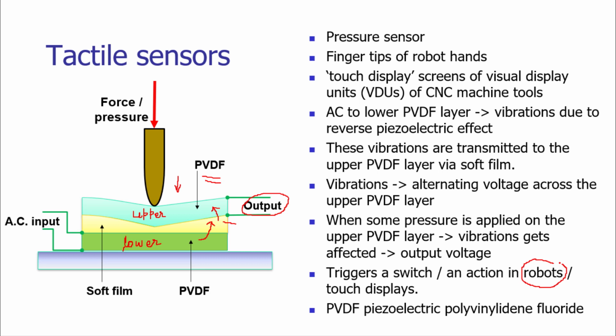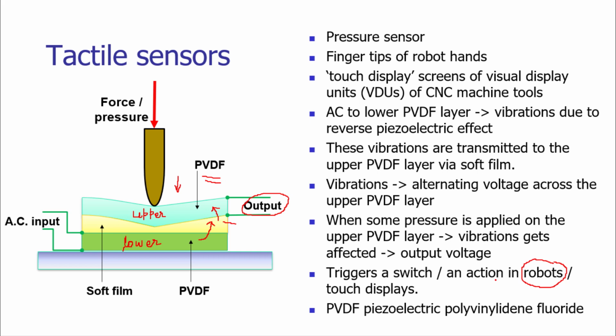In robots, when this PVDF top layer is in contact with the objects, that signal will be given to the microprocessor. The microprocessor understands that the object is there, it will detect the object, and accordingly it will actuate its actuators. For gripping purpose, we are using the pneumatic power. The microprocessor will give the instructions to the pneumatic system, and that pneumatic system will provide the compressed air for the gripping purpose.